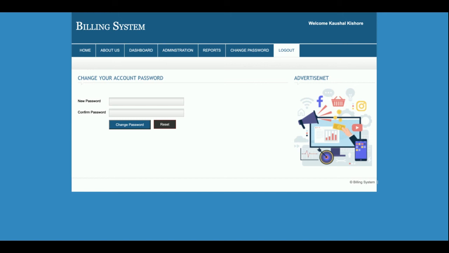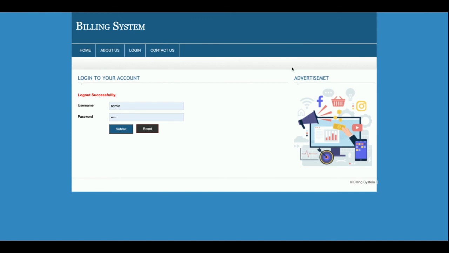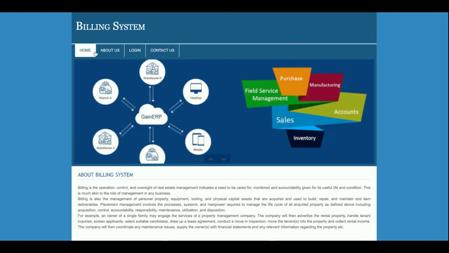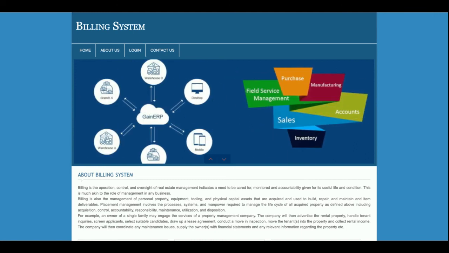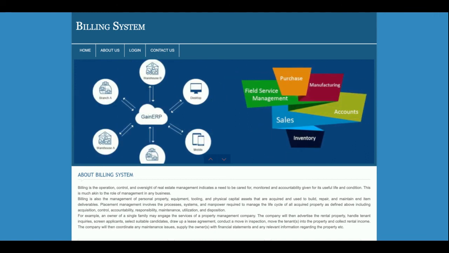So let me show you. Once you click on logout, you can see the administration option is not displaying, but if you log in, then the administration option is displayed. So this header menu is totally session driven, and it's rendered according to the session level. If admin is logged in, then it will render the admin menu. If not logged in, then it will render the normal menu. So all these functionalities I have developed inside this billing system project. And as I told you earlier, this is a PHP and MySQL web-based mini DBMS project.